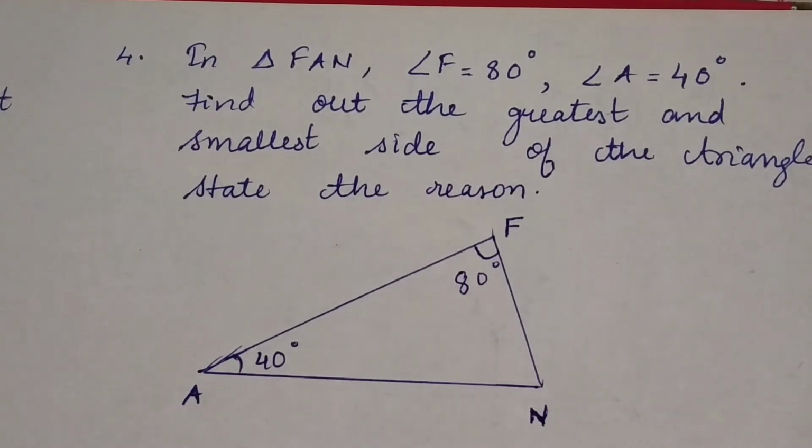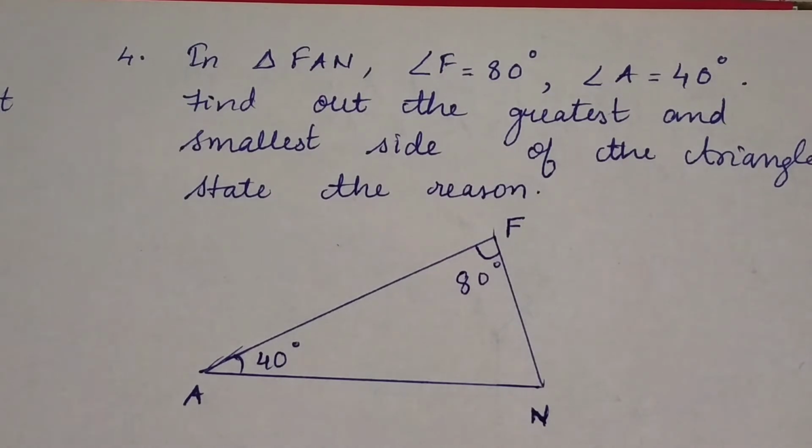Now here we have to find out the greatest and the smallest side. In the previous question, the sides were given and we were finding out the angles. Here it will be the opposite. If angles are given, you have to find out the sides. It's a similar logic. The greater angle will give us the greatest side and the smaller angle will give me the smallest side. But here I have only two angles given in the figure. There is no third angle given. Without the knowledge of the third angle, I cannot find the third side, right?